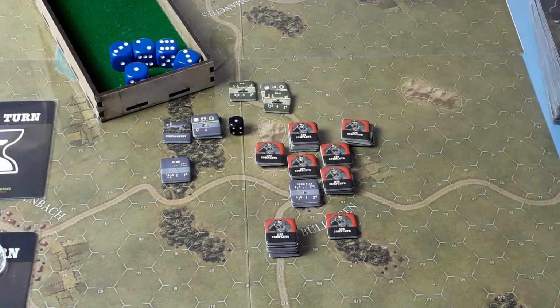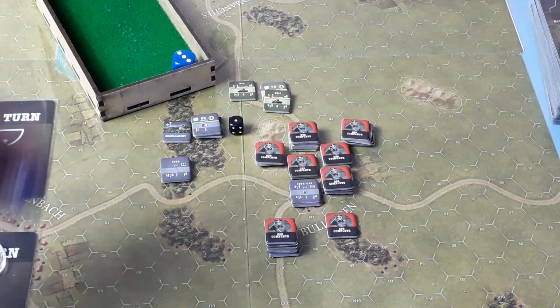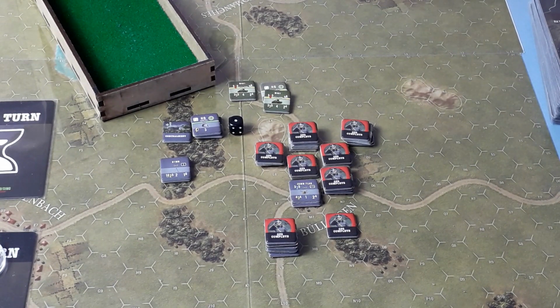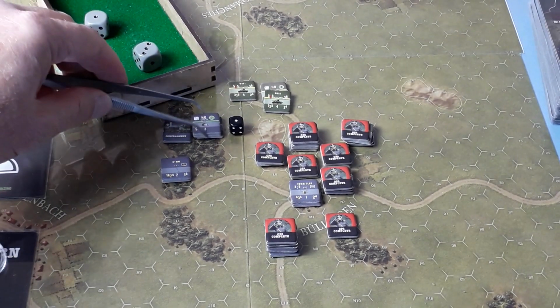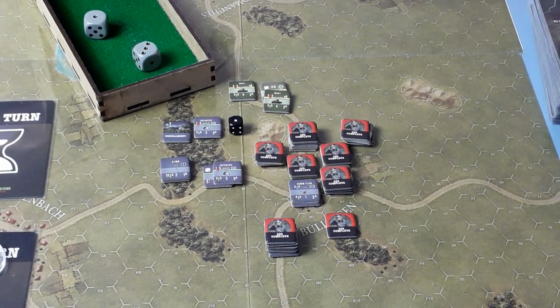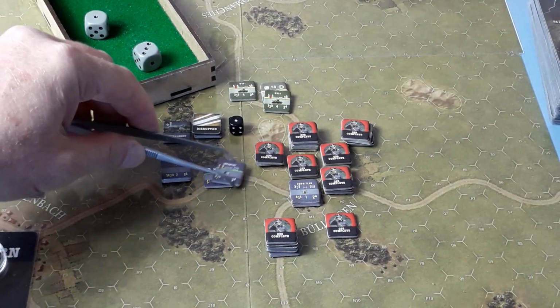But they will get a couple of save throws because they're in the woods. They get 1 for being in the woods and 1 for being concealed. So they get 2 dice. They need 5s or more. Whoops. Come on, throw rubbish. They do! Oh, one of them is disrupted. I'll do the bottom one. And this